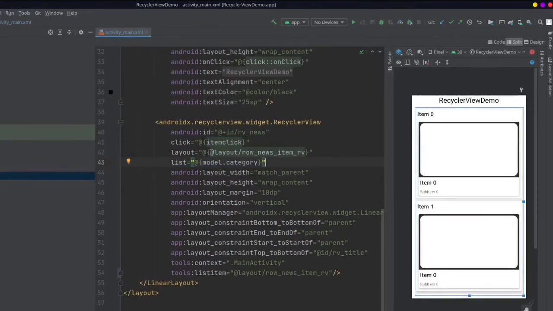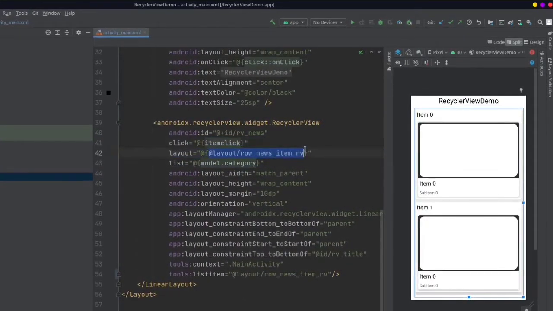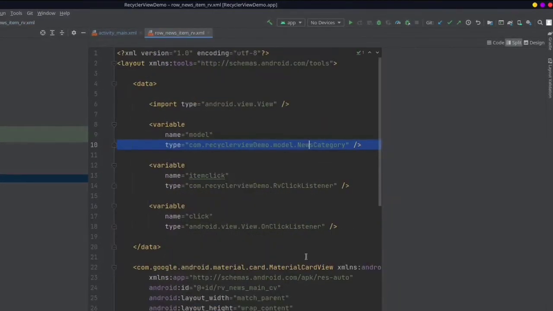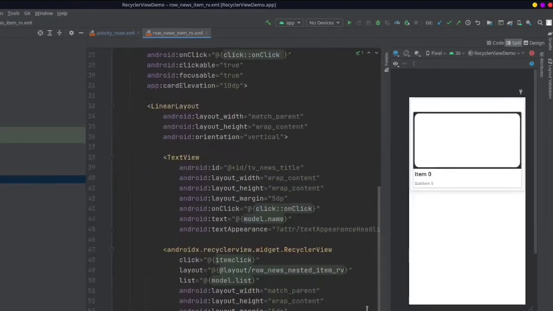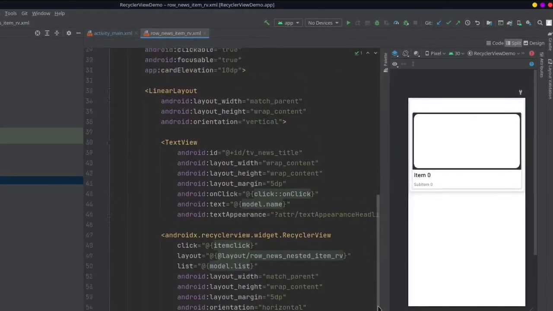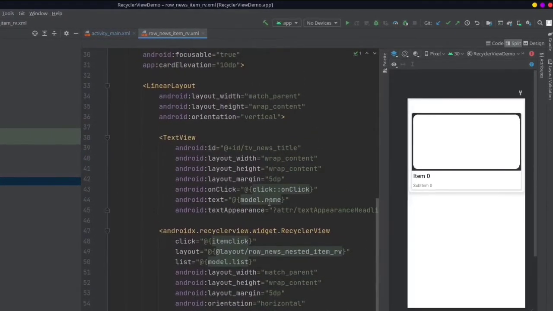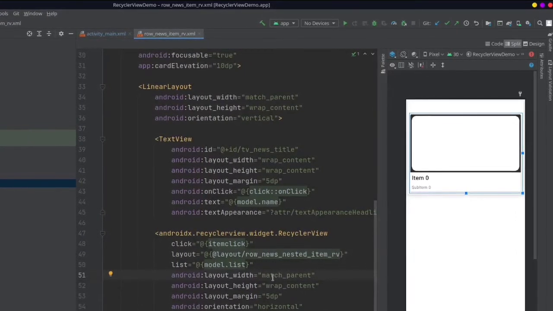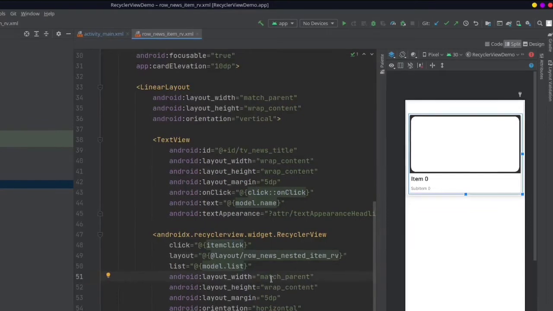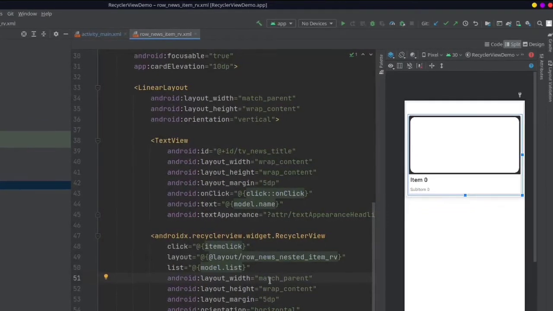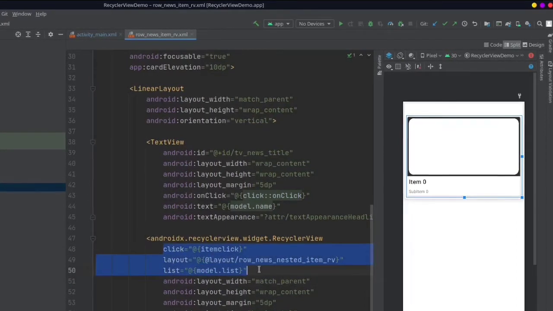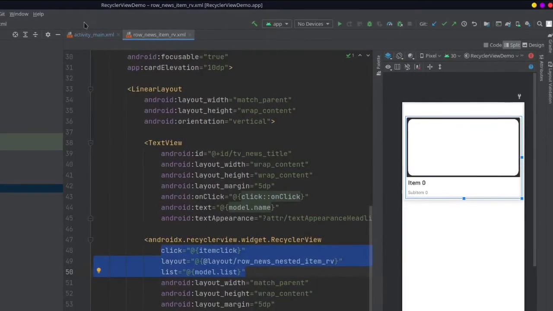Then we are passing another parameter, which is the layout file, and as we can see here, this is the layout file for my recycler view. It is another fairly simple design: one linear layout, then a text view, and then another recycler view. Which means that I will have a recycler view, and that recycler view will contain another recycler view. In the same way we are passing the data like we did before.